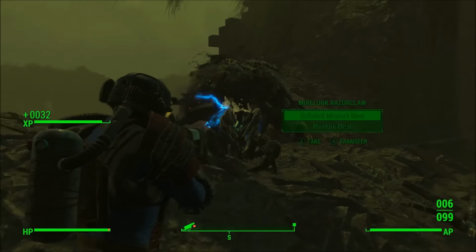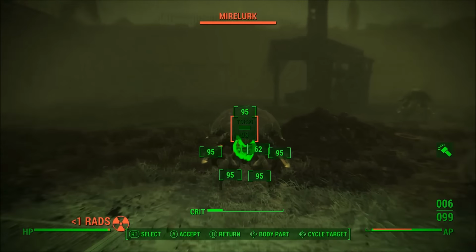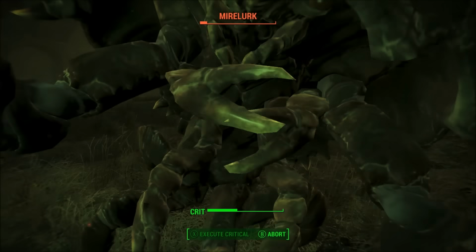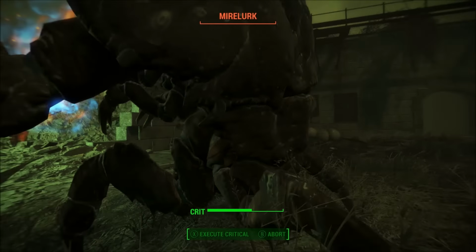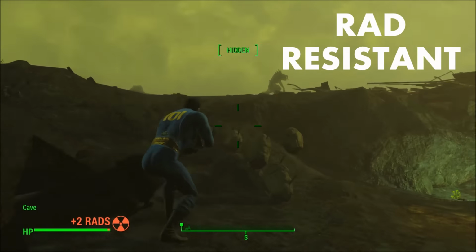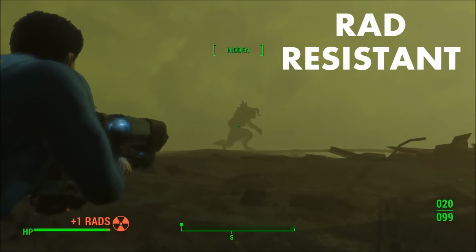While the requirements to spec into Toughness are low, the requirements for Refractor are ridiculously high. You need 7 perception to even put points into this perk. If you want my opinion, just use power armor and skip both of these. Number 5, Rad Resistant. While I think someone could argue the merits of both the Toughness and Refractor perks to